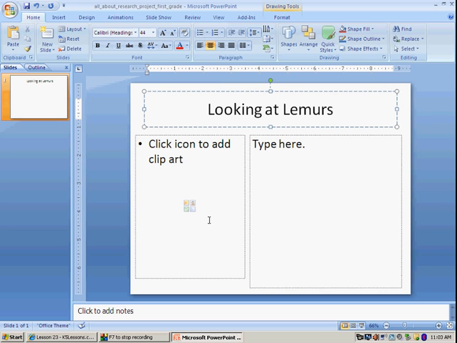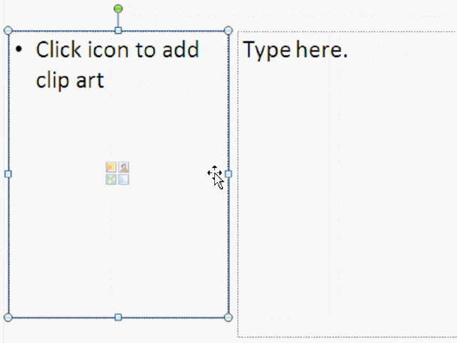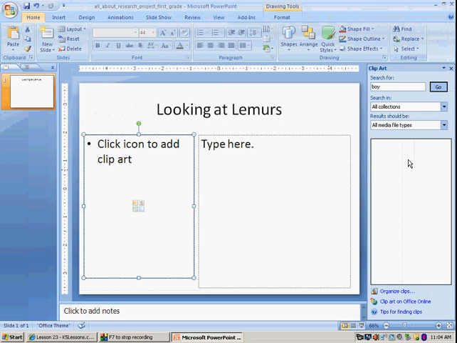The next step will be to add clip art to your PowerPoint. What you want to do is click on this little clip art icon. Watch what happens when I do that. This sidebar opened up. What you want to do is delete any words that are in there, and type your word. Now, spelling is a little bit more important here, because if you spell it incorrectly, it might not come up. So spell your animal,